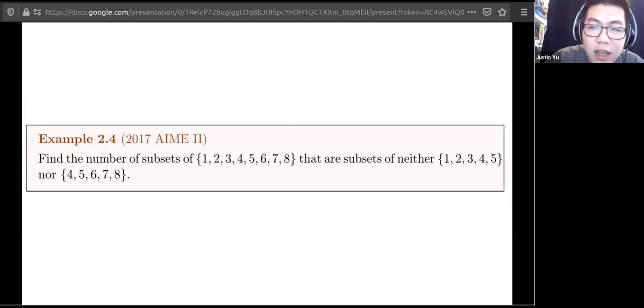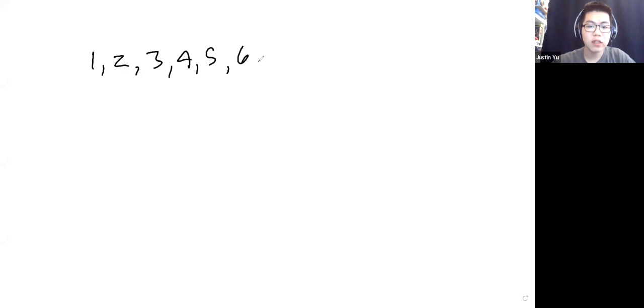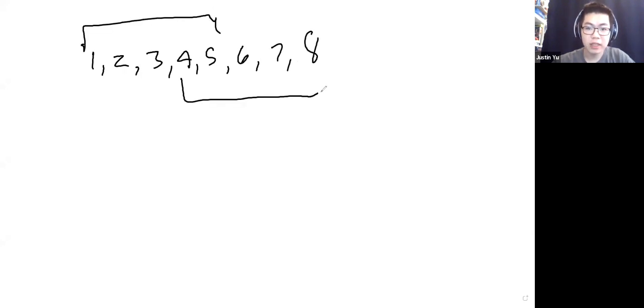So let's see how we'd solve this. I should keep it up here. So okay, so we're looking. We have the numbers 1, 2, 3, 4, 5, 6, 7, 8. So these are in a set, and those are in a set. So we know that